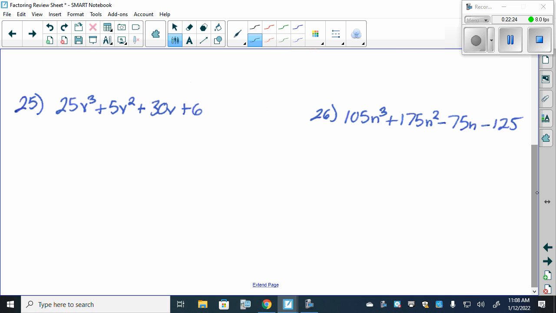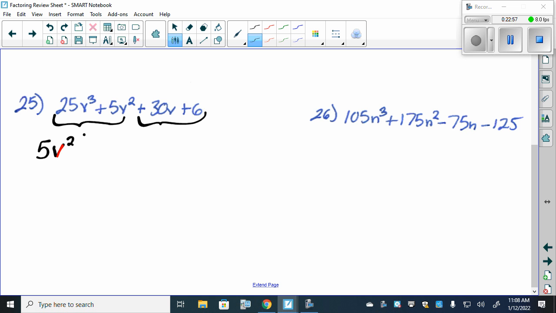25 is a little bit different because this time we have 4 terms instead of 3 or 2. So we're looking at factoring by grouping. For most all of these here, we can group the first 2 and second 2, to find out what the greatest common factor is going to be between them, and then factor it out again. So if I look at 25v cubed and 5v squared, there is a greatest common factor of 5